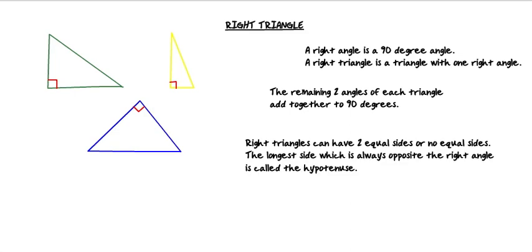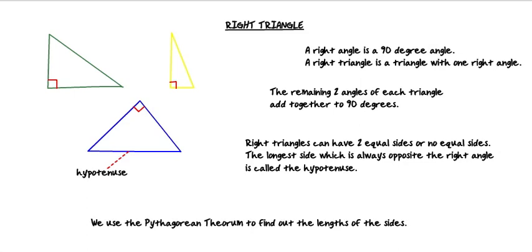So a right triangle can have two equal sides or no equal sides. It can't have three equal sides because that would make it equilateral, and we don't have a 90-degree angle in our equilateral triangles. But you can have an isosceles right triangle or just a right triangle with three different sides. And the side that is opposite the right angle is always going to be our longest side, and that is called our hypotenuse. And we can use something called the Pythagorean theorem to find out the lengths of all the